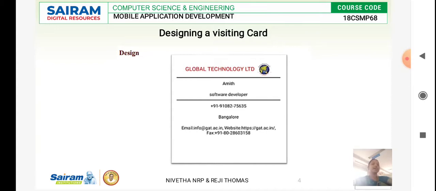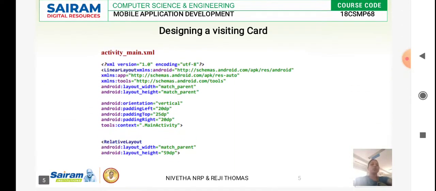This is the design of our project. Here first it should have a company name, followed by the logo of the company, followed by the name. So again it is divided. You have a segregation between the company name, the username and the designation. These are all the features we are going to include in our project. So the final design of our project should be in this way: company name, logo, the other data followed by it. Now we'll see how to use this code.